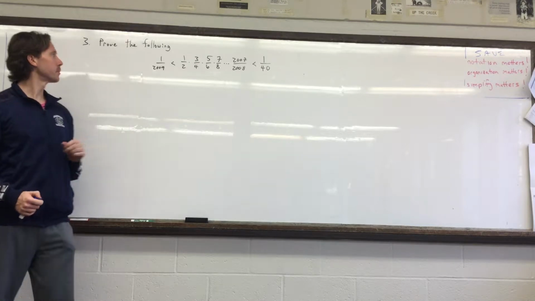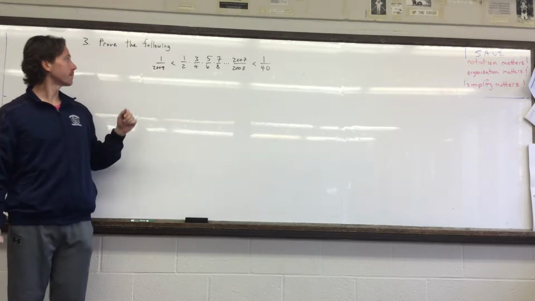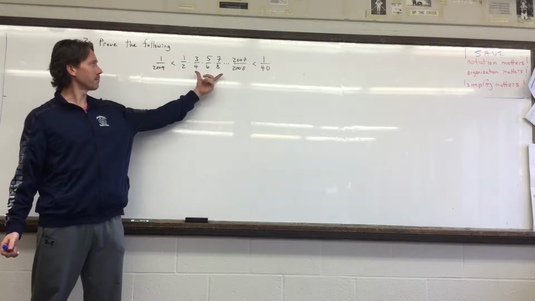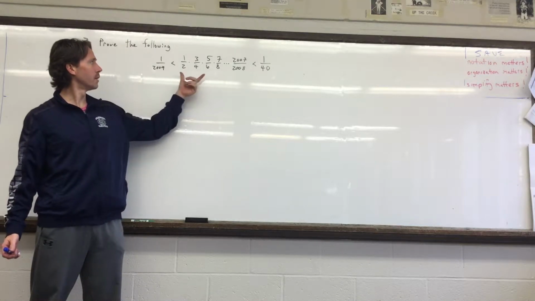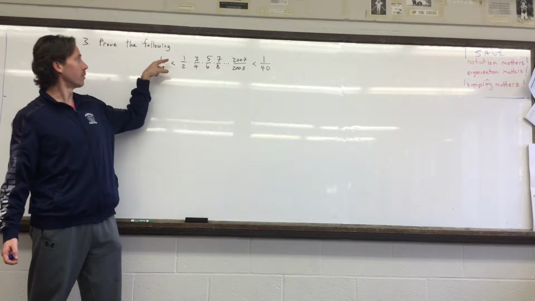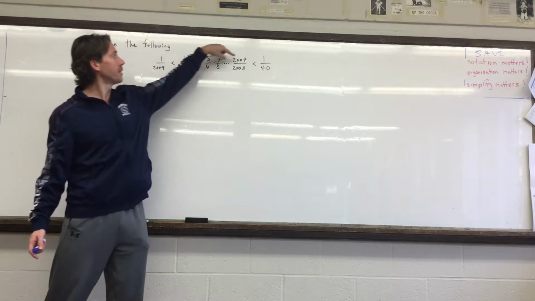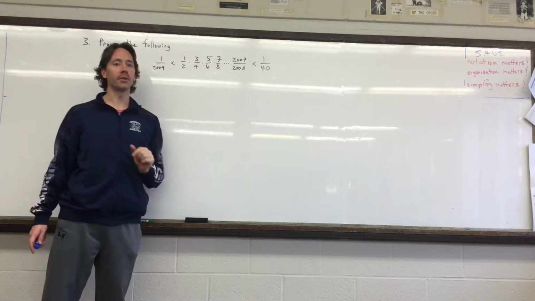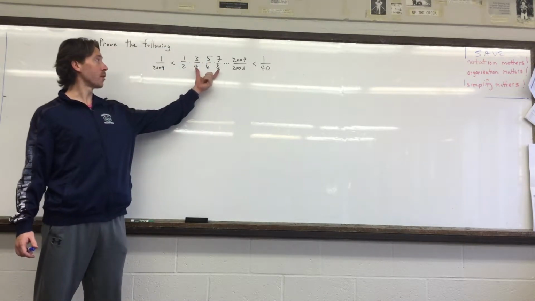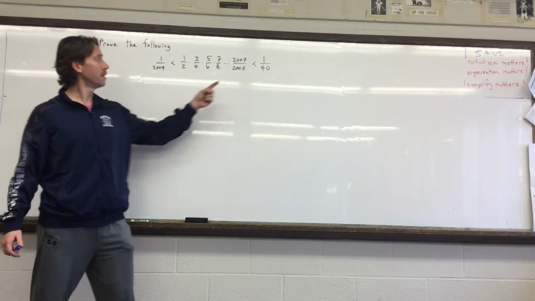This is question 3 from the 2008 MMPC round 2. Prove the following inequality. So I've got some product of 1004 different fractions that are of the form n divided by n plus 1. I've got all the odd numbers on the top and all the even numbers on the bottom. So I want to multiply all these together and show that it is bigger than 1 over 2009, but smaller